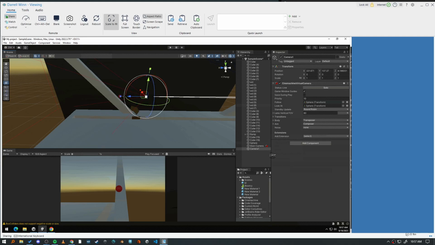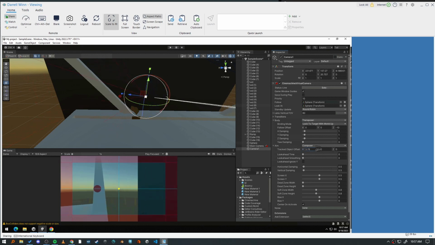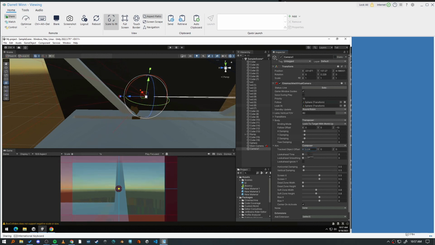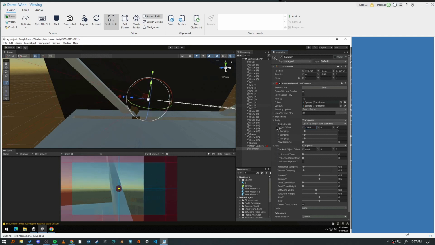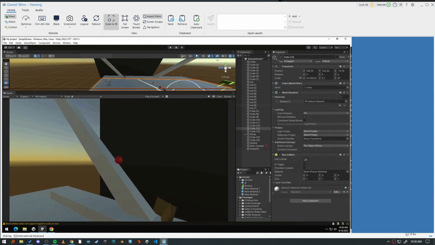Okay, so there's a lot of settings within this. Like if you wanted to change how far away it's aiming from it, you can open up the Aim settings and you can offset it so we can make it not be exactly on it if we want. And then there's also the Body settings, so we can move it around like that. Okay, so now whenever you hit play, and actually let's move the camera around a little bit, like over here. Okay, so now if we get off of this and maybe make the Game view a little bigger and hit play,